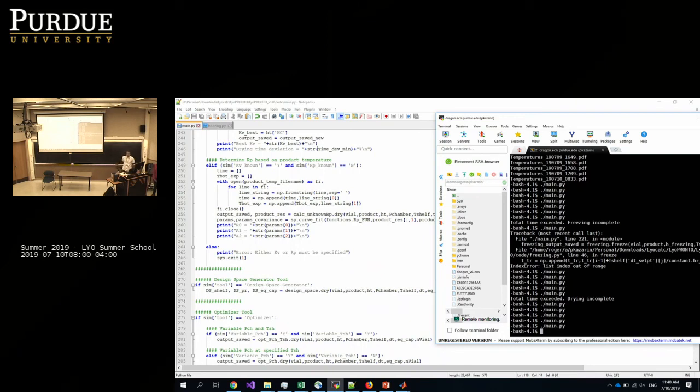Are you going to extend it from vials to non-vial systems? Yeah, definitely. Syringes, which are kind of similar, and then trays, and eventually we'd even want to do a continuous lyophilization process. We should be able to model that. That's the end goal. It's far away, but we're getting there slowly.